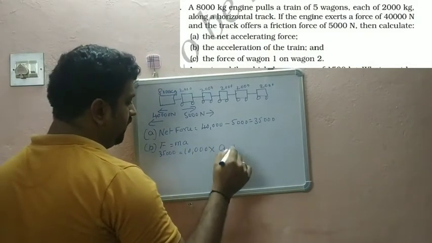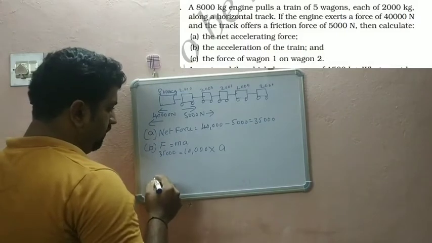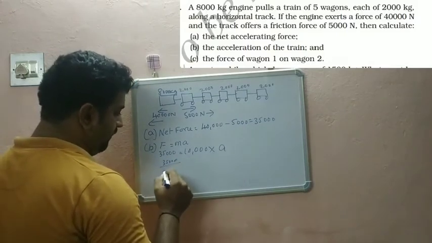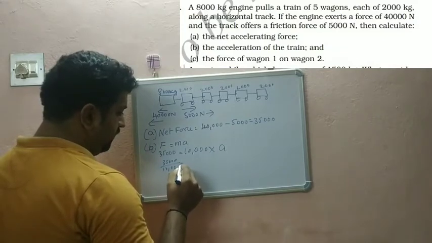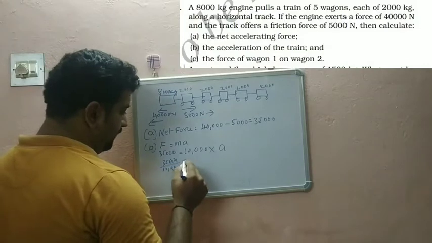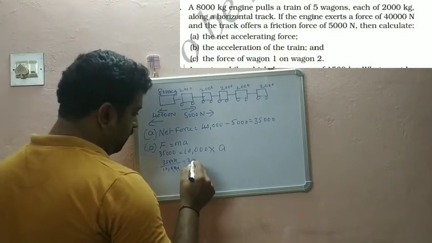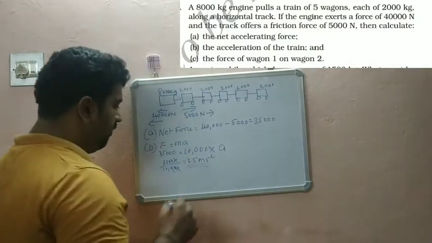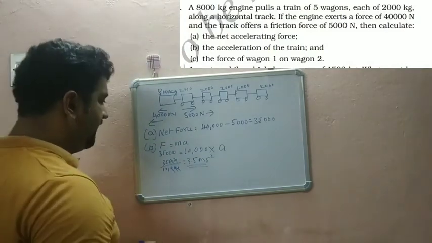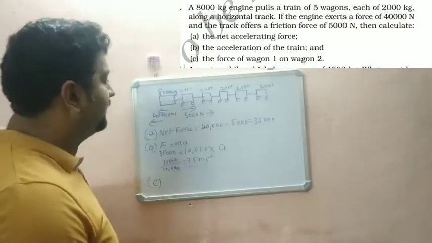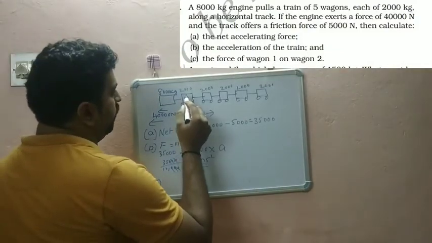into A we have to find out. So how much will we get? 35,000 divided by 10,000. So 0 cancels. So it will be 35 by 10, which is 3.5 m/s² is the answer for question number 2. That is finding acceleration. The next they have asked how much force is exerted by the wagon 1 on wagon